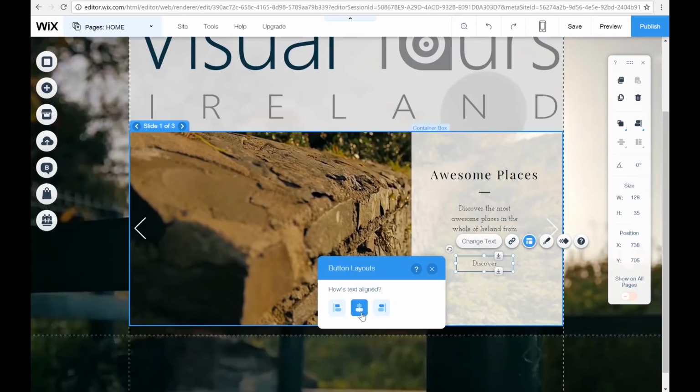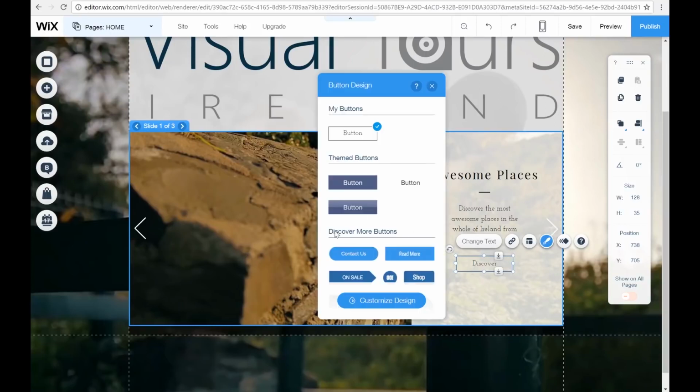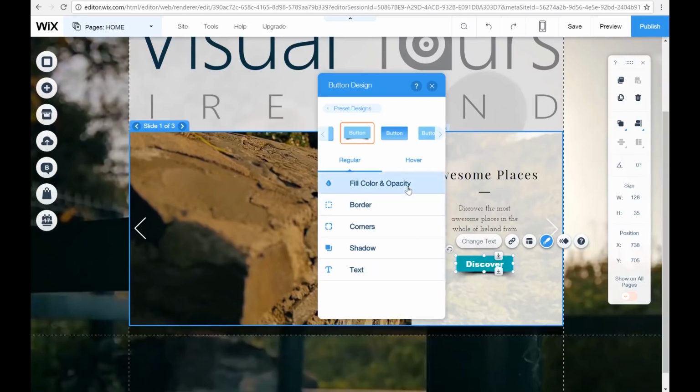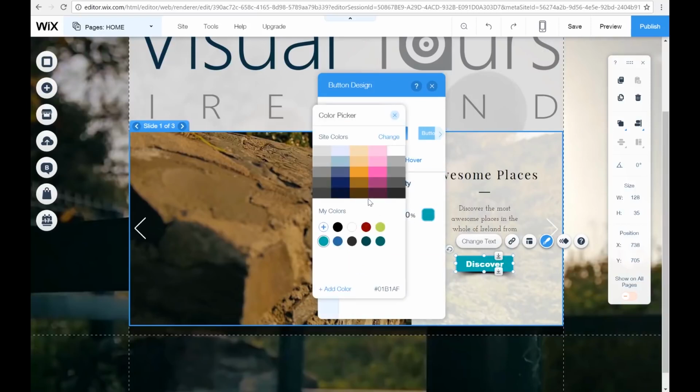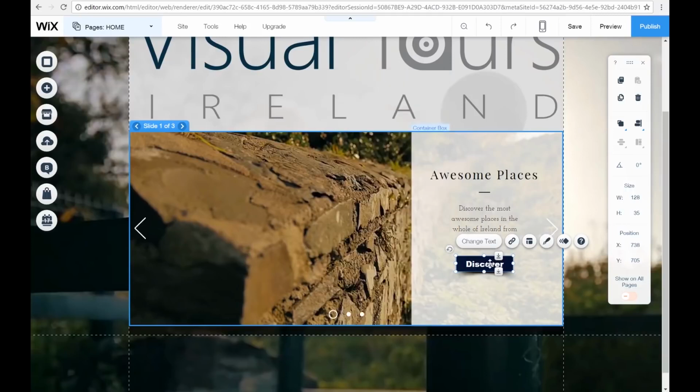Going to have a look at the layout. Once again, how's text aligned? We're just going to keep it centered, and we're going to have a look at the design. So there's all different types of buttons here. So I've just selected this button, and we're going to change the color. To this, we are going to keep all that the same. The only thing we're going to change